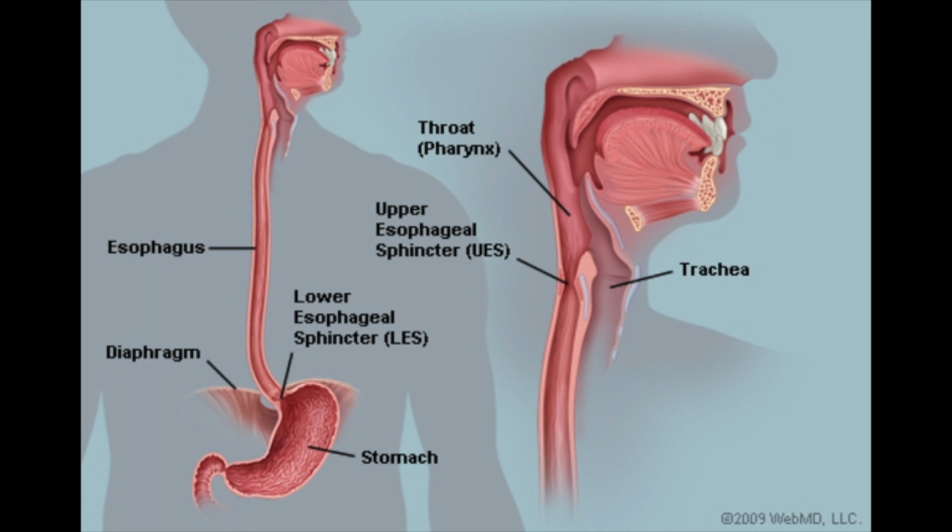When not in use, they contract so the food and stomach acid do not flow back up the esophagus. The esophagus does not break down food, it transports food to the stomach. The esophageal tube contracts as it moves food to the stomach. This is called peristalsis. There are no enzymes that break down food in the esophagus, but the esophagus is lined with mucous membrane for the lubrication of the food, which is called bolus.